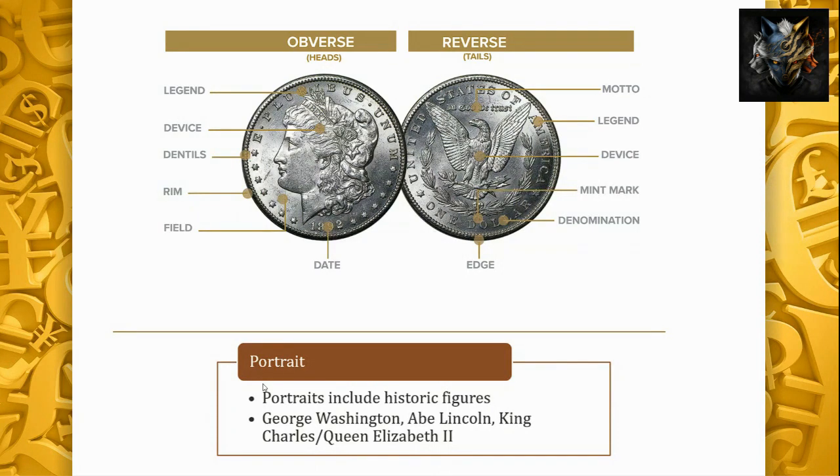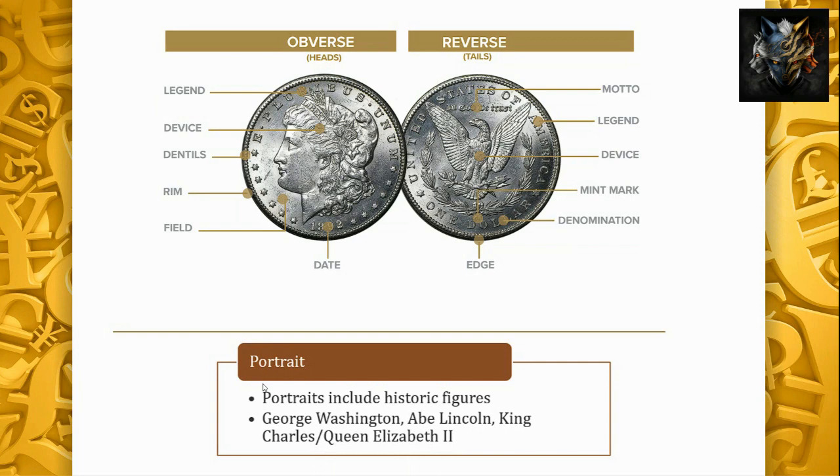You may see things on there like animals. So the portrait is usually a person, but it could be an animal. You could have an animal on one side and a ship on the other, for instance. And so in this case, the portrait would be of the bird, and then you would have the